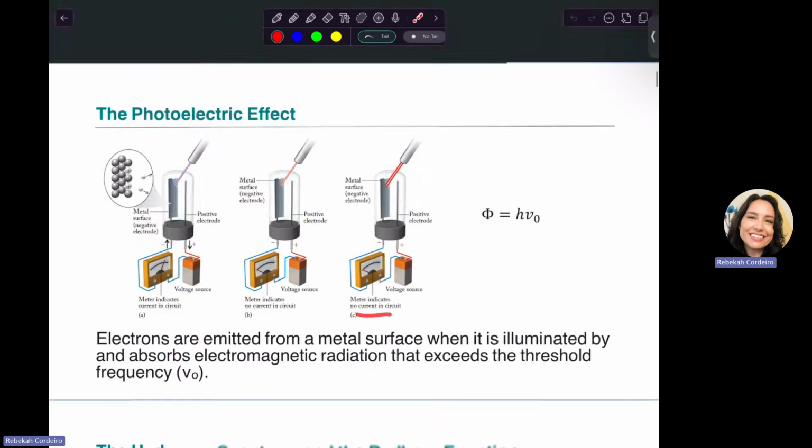The point of this being is that the wavelength of the light matters, and the frequency of the light matters. There's a threshold frequency that we have to hit in order to kick electrons out. The red light has a lower frequency. Even if we increase the intensity of it, it still is a lower frequency. And so it's the violet light that has a higher frequency that would give us the electron coming off in this case. So every metal is going to have some sort of threshold frequency where the electrons will come off